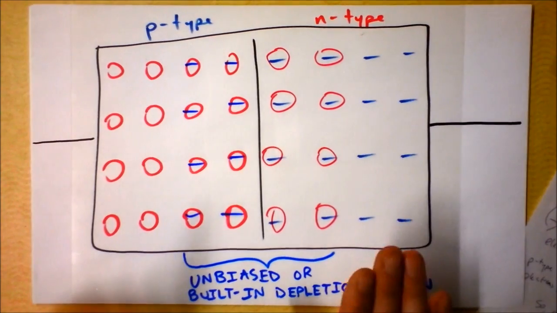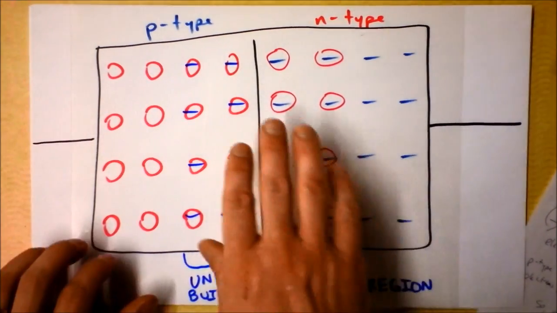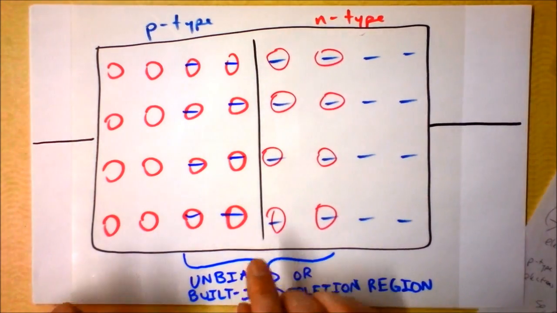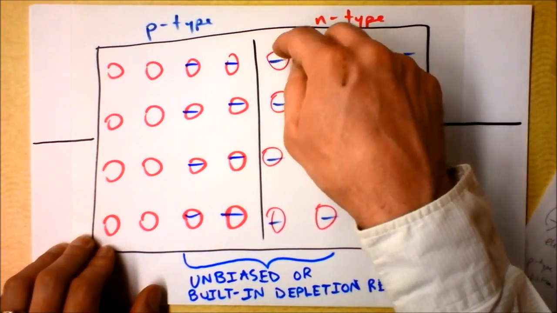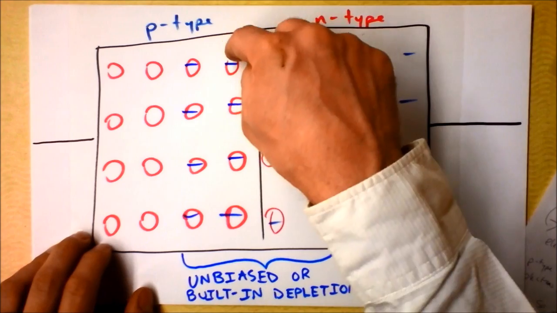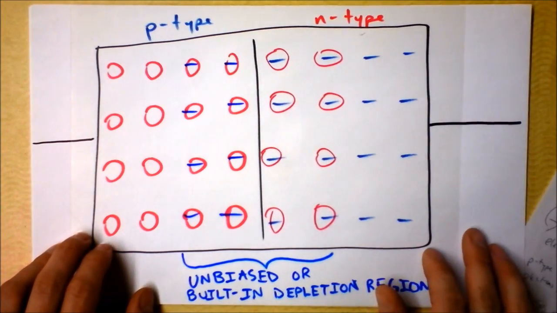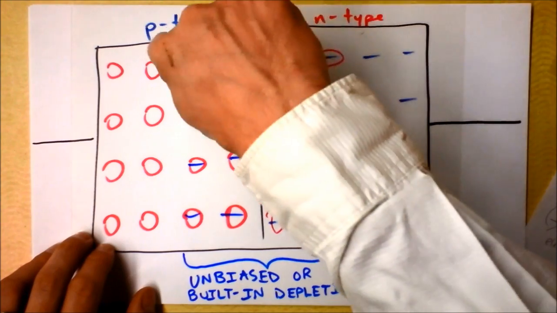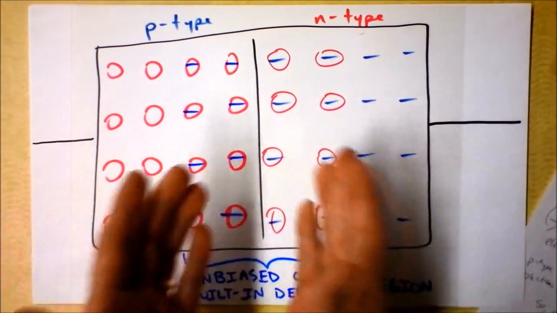Now, what that's going to mean is we've actually got, again, a no free carrier zone right there, because the electrons have gone over and met these holes, and we could say that they've recombined, and these electrons have gone over to these holes, and some of these holes have gone over to some of those electrons, and what we've got is,